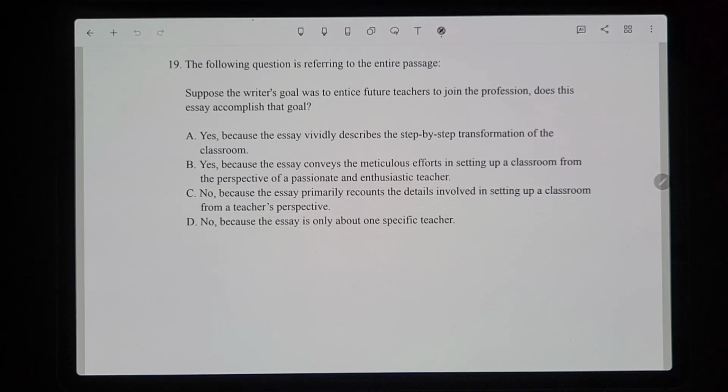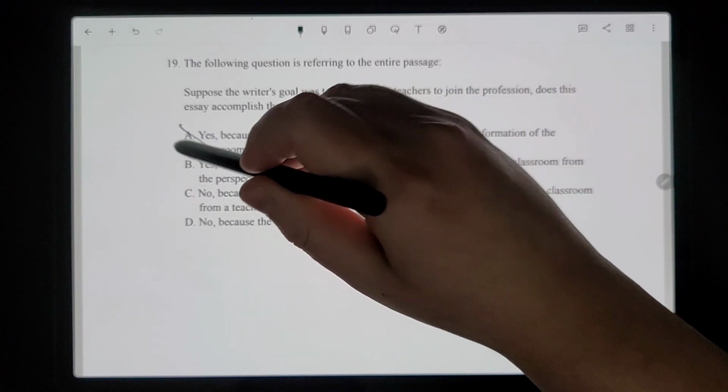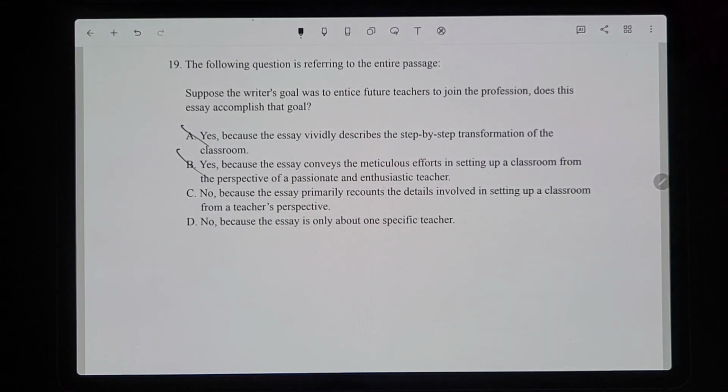A lot of people get confused here because they would be like, oh, it sounds so fun from the way they described it that I would want to be a teacher from that. But that's not what it's asking you. It's asking what the author's intention was, like what was the author's goal. So while you might have been persuaded by that, it's not what the author obviously set out to happen with this essay. So automatically I'm going to cross off the yes versions, and then I'm going to predict my reason why I think that it does not accomplish this goal.